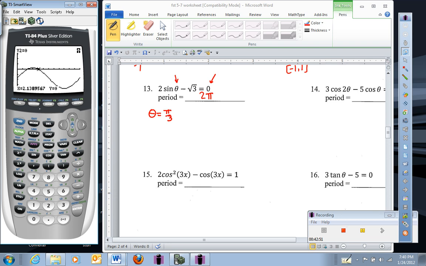I'm going to buzz over here to this other point of intersection. And it is at 2.094. 2.094 is